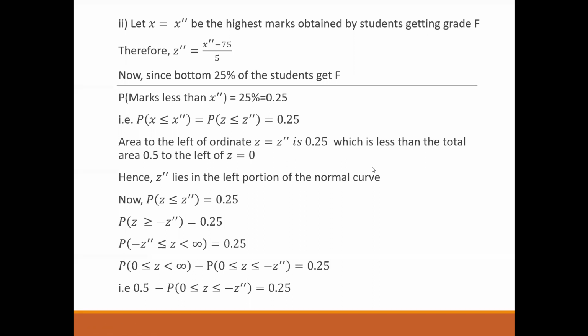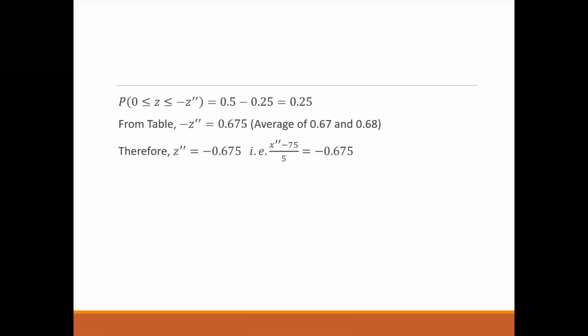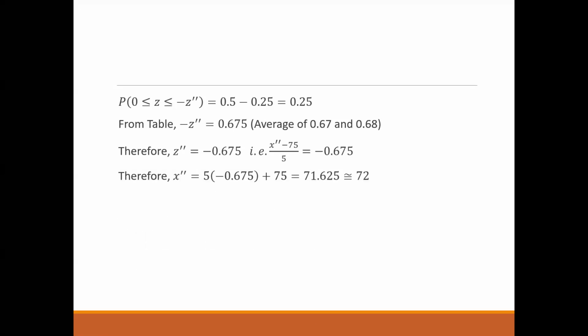Okay, so for those who have not done it, we'll solve this further and you can note down this answer. I'll quickly go through it, and please remember your table is very important. We can refer to those values and get the answer and then solve this standard normal variate function to get the value. You can see, because we have just shifted the minus sign to the other hand side, we have got the value. So 72 is your final answer for this given problem.